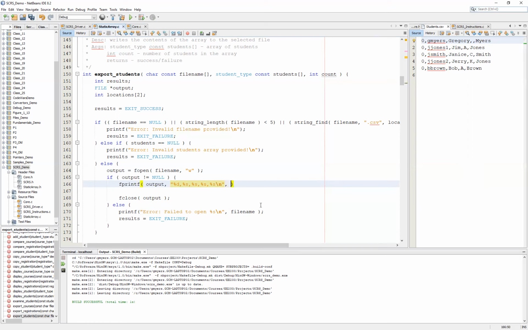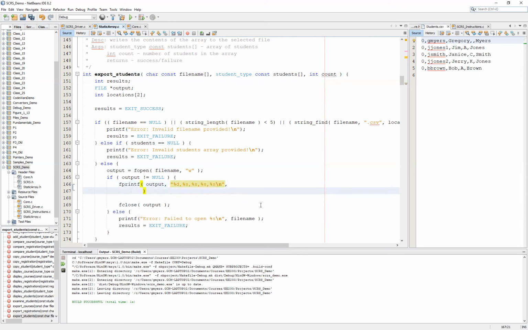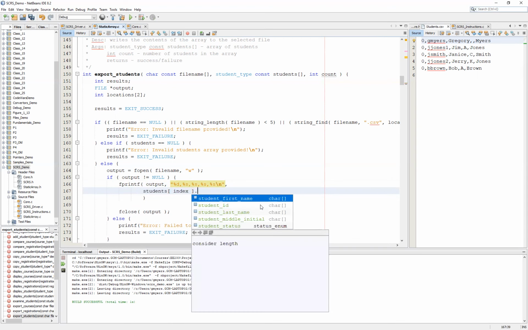At this point, then, we simply are selective about the properties or the values that we want to put in those placeholders. And I'll do these on individual lines so that you can see it more clearly. But basically, we're going to use the students array. And what we want to do now is we want to set up a for loop that would leverage our index variable, much like we did in our display all. And we're simply going to display each one of the fields. So we'll start with our student status,